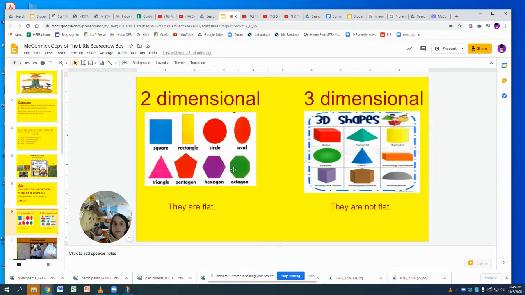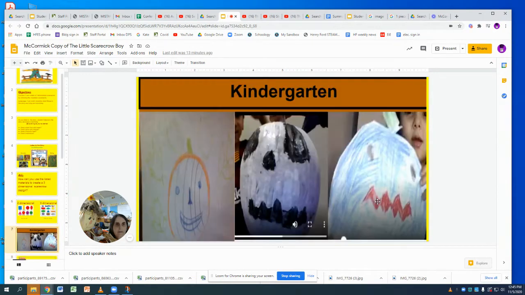So how do we turn that into three-dimensional? A three-dimensional object is not flat, like a cube, a sphere, a cone, or my particular favorite, the rectangular prism. Here is an example